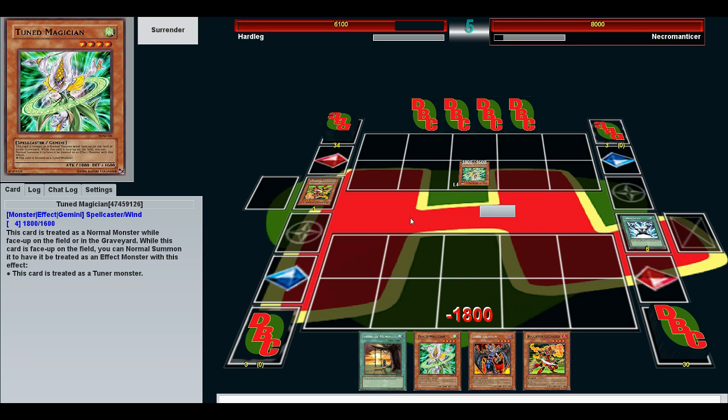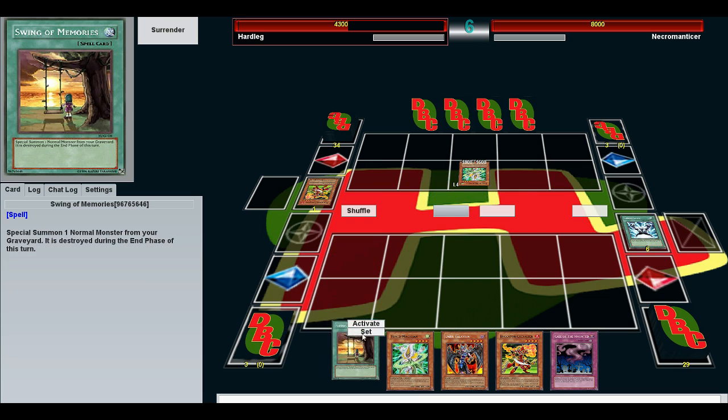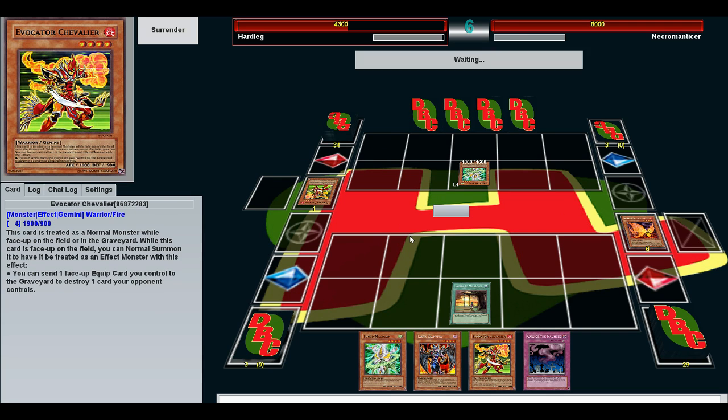I like him because he fits in with the Magispector support. Oh, he's a wind spellcaster. Yeah, he's one of the few wind spellcasters out there. So you can pull some pretty funky things off. Okay, you ready for some sweet combos? Oh, let's see it happen. Swing of Memories. Yeah, Swing of Memories. That makes perfect sense. Normal summon Blaze Wing Butterfly, and then grab your